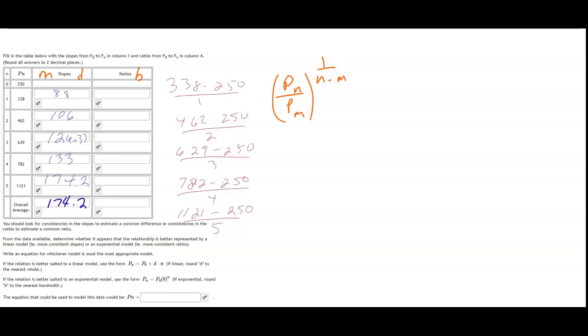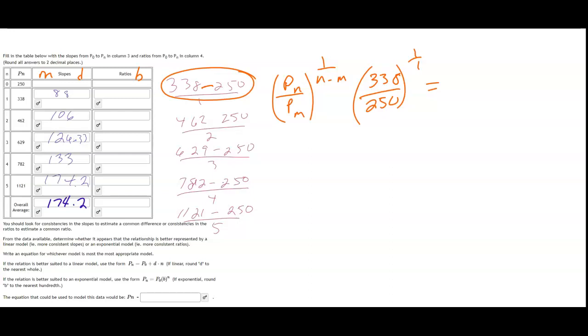So like p sub 1 over p sub 0 would be 1 over 1 minus 0. So p sub 1 is 338, p sub 0 is 250. So instead of subtracting, we're dividing right here. 338 minus 250 versus now we're doing 338 over 250. Instead of dividing by 1, we get 1 to the 1 over 1 power, which is just 1 over 1, and we'll calculate that. That would be the first, we might call that b sub 1 or something,